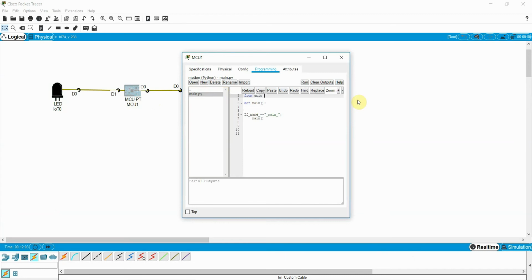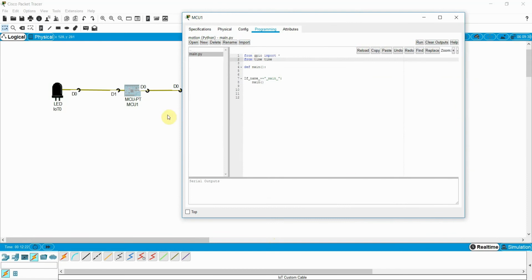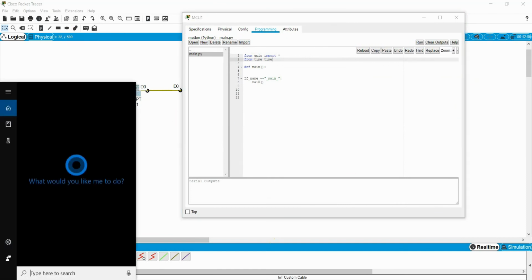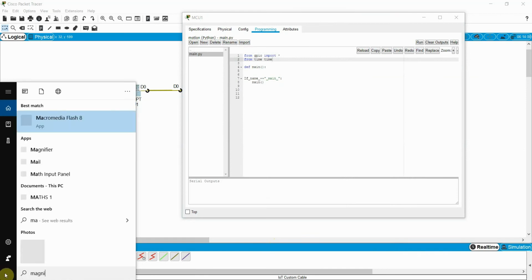I need to import this library, and then I also need to import the time library. Let me make it a little bit bigger, and let me use the magnifier so you can see what's going on.